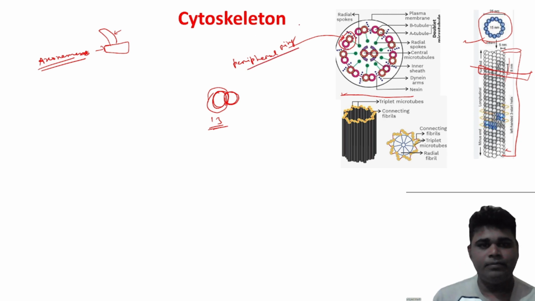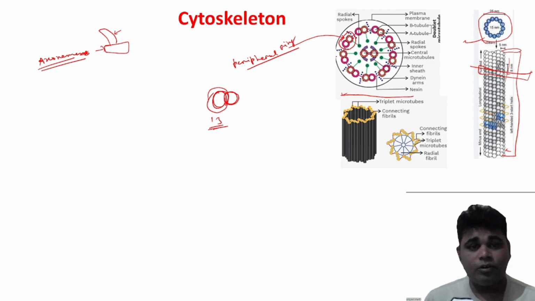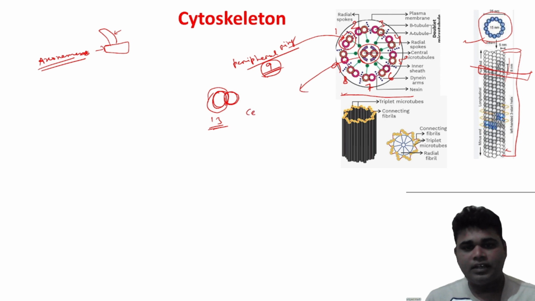So in the axoneme, the outside rings are called the peripheral ring, and they have 9 peripheral rings. This is the first, this is the second, this is the third, fourth, fifth, sixth, seventh, eighth, and the ninth. So that means 9 microtubule structures are present in the periphery, and in the central region, this is the central region, or it is called the central ring,